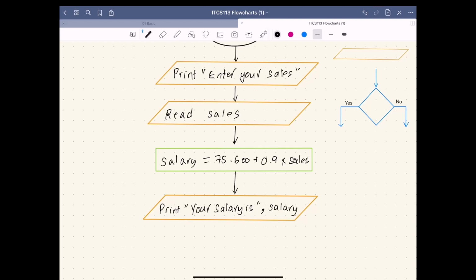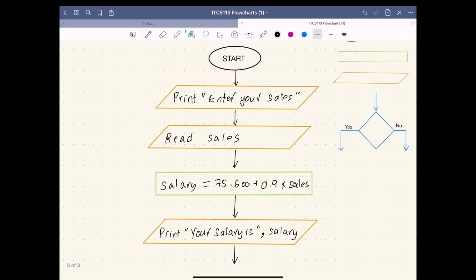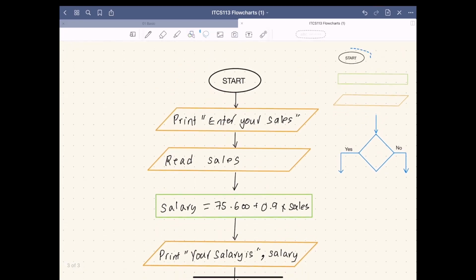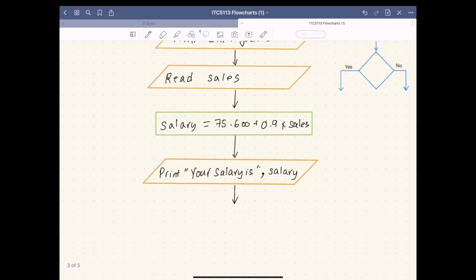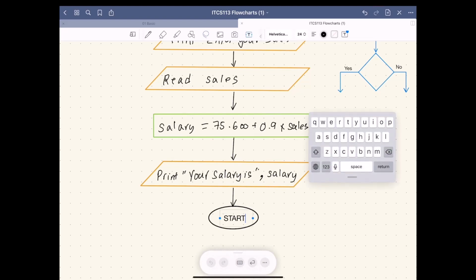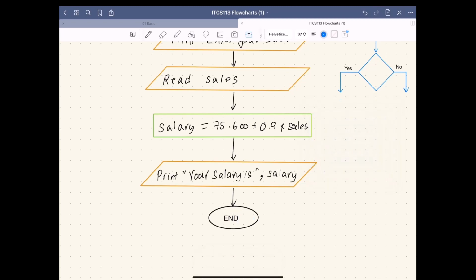salary. And finally, after you finish, you need to end your program by using the oval symbol, which is this one. So we will copy it, and paste it at the end, and enlarge it. But we need to change the label inside from start to end. So let us edit it. Here we need to delete start, and write end, which indicates the end of the